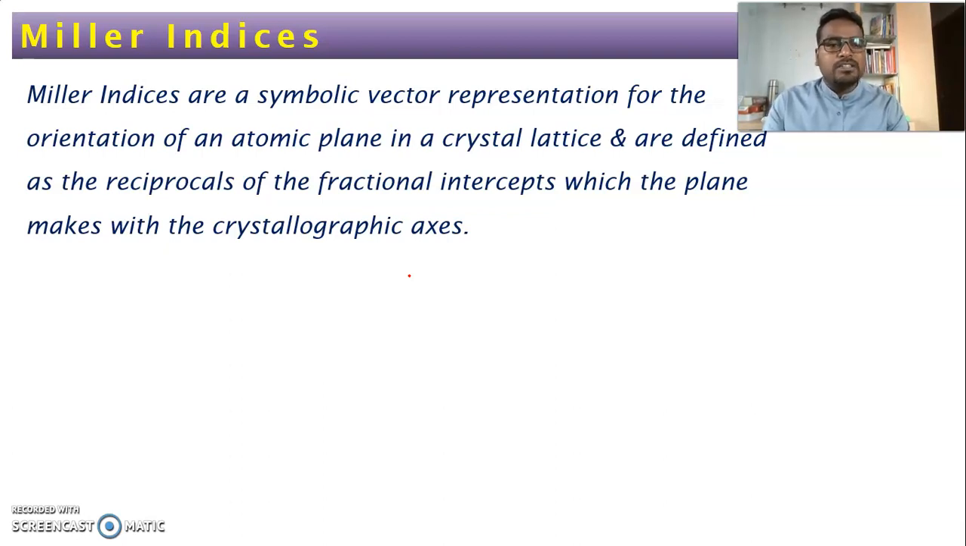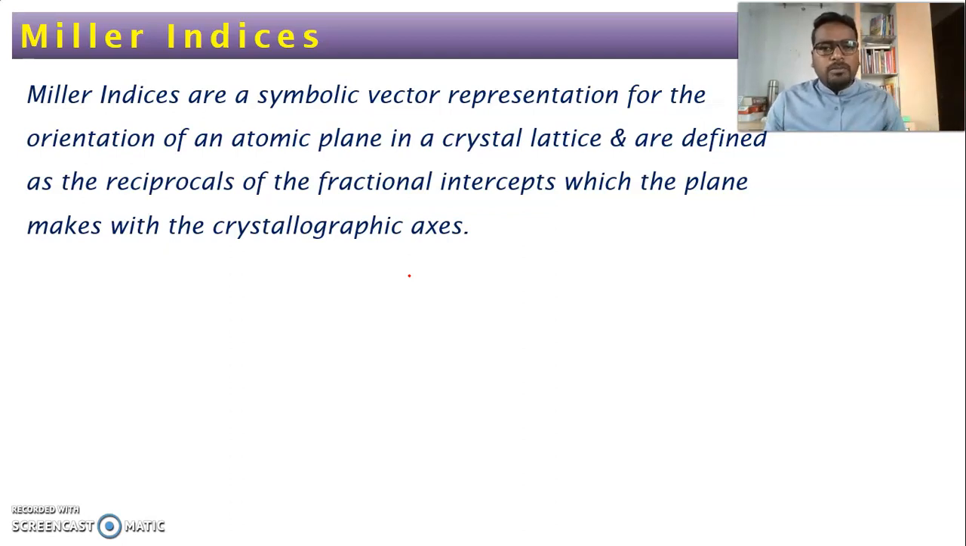So vector representation, vector means it indicates directions. In order to understand the crystal, the direction in which the constituent species are located along a crystallographic axis is very important, whether it is the x-axis, y-axis, or z-axis. So direction. So these Miller indices are a symbolic vector representation for